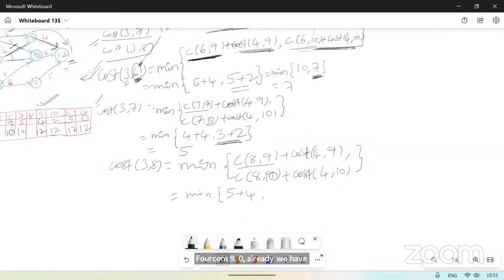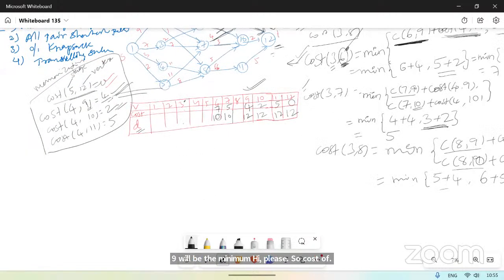And C of 8 comma 10, which is 6, and 4 comma 10 is 5. Among these, this is 9 and this is 11. 9 will be the minimum, 5 plus. So cost of 4 comma 9, cost of 4 comma 9, which is